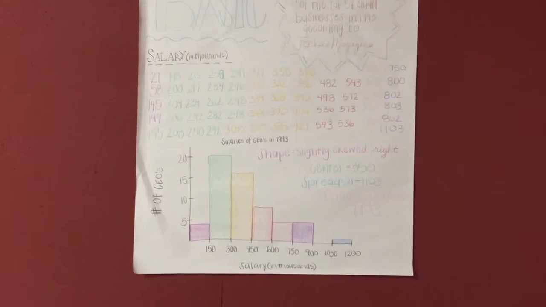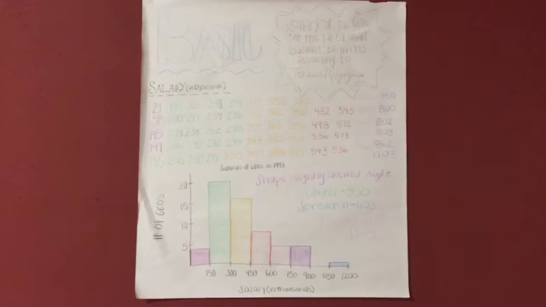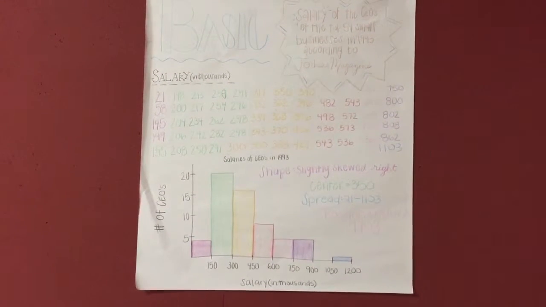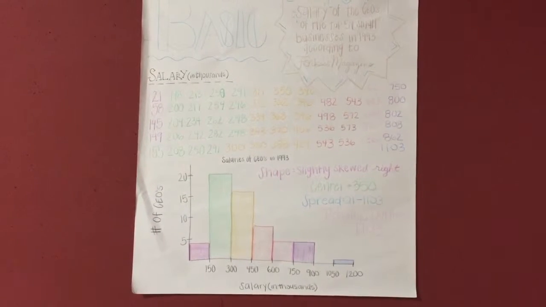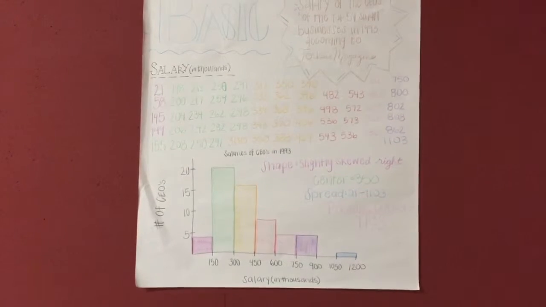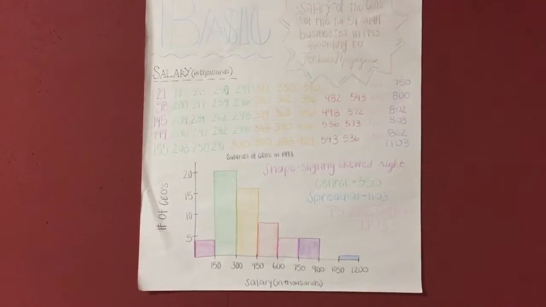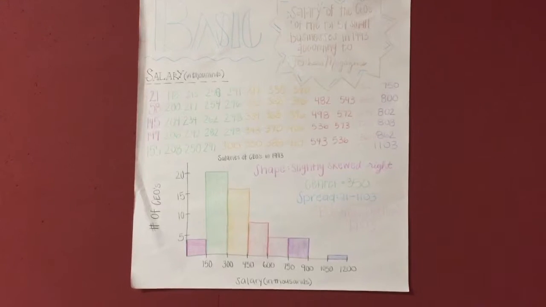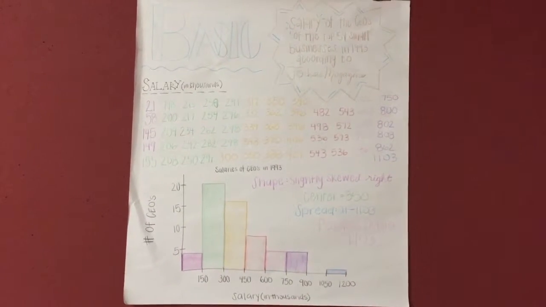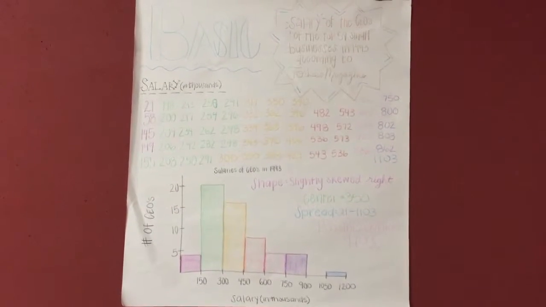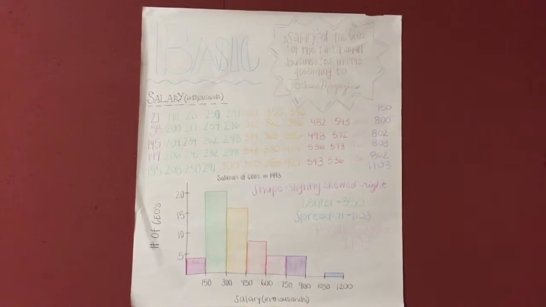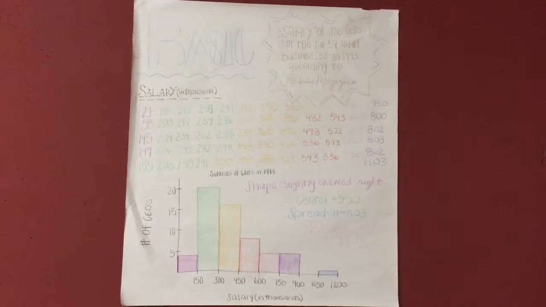So now we are going to look at the shape, center, spread, and our possible outliers. The shape of this graph is slightly skewed to the right because the majority of the data is to the left, and you have a few little pieces of data that are on the right of the graph. The center is about 350, and we know that because we can look at the median of our data. The spread goes from about 21 to 1,103, and we notice that from the salaries that we are given in